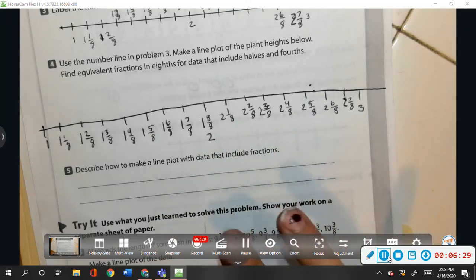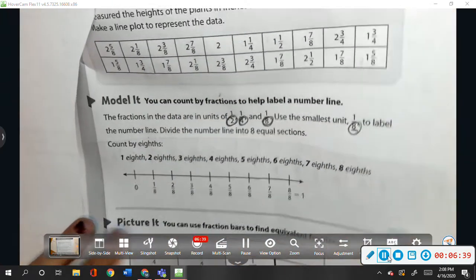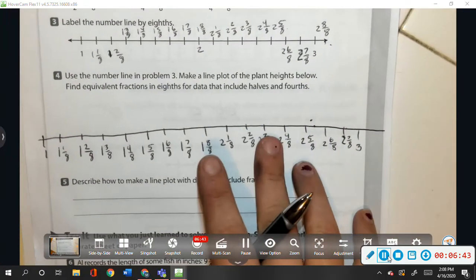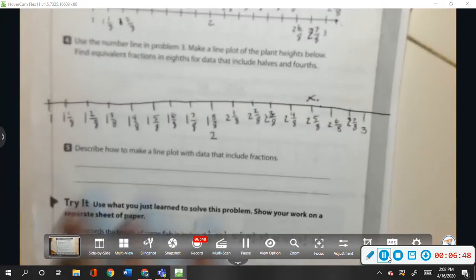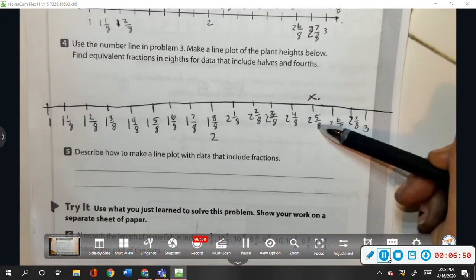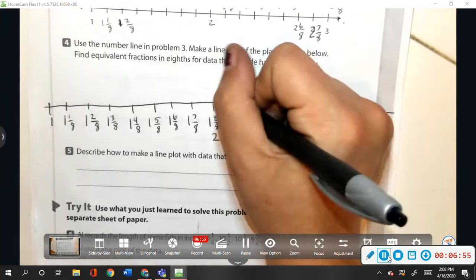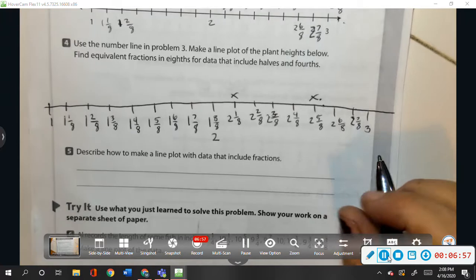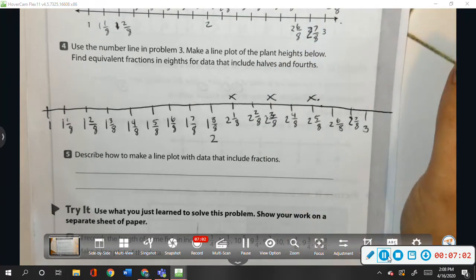Alright, so now what we need to do is graph our data onto our line plot. You want to turn back to page 290 and look at your list of data and start inputting those. So we're going to start with 2 and 5/8. Remember, you're making your marks above the value. Your tally is above the value. We have 2 and 1/8, and I'm just kind of going down the line. 2 and 3/8, 2 and 7/8,